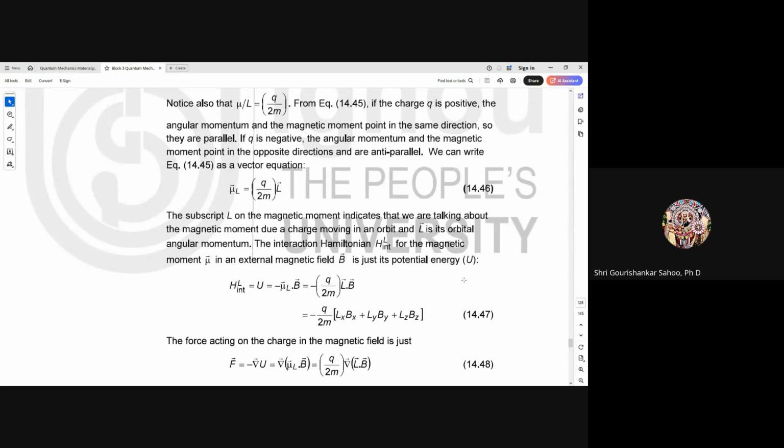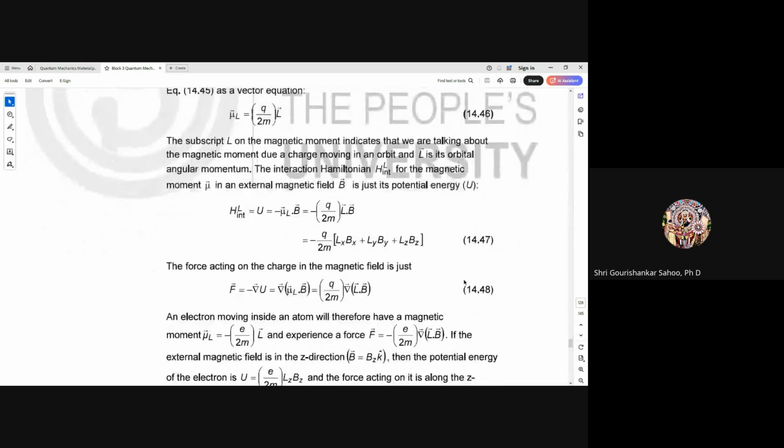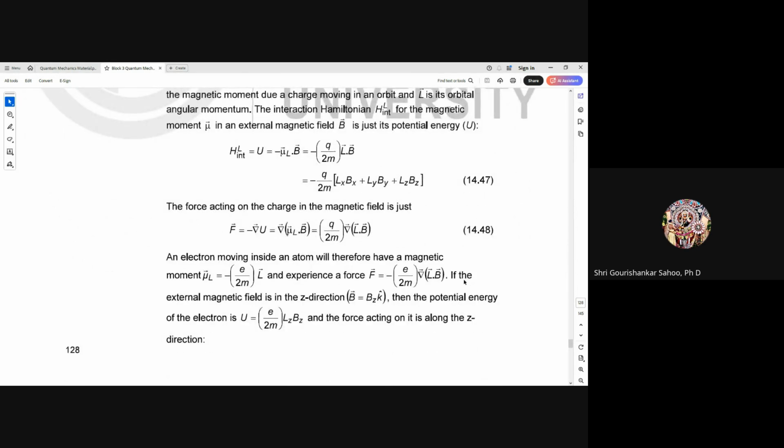And the interaction Hamiltonian H for the magnetic moment mu in an external magnetic field B is just its potential energy and can be written as minus q by 2m times Lx Bx plus Ly By plus Lz Bz. And the force acting on the charge in the magnetic field can be written as F vector is equal to minus del U, which is equal to q by 2m del of L dot B. And the electron moving inside an atom will therefore have a magnetic moment mu L vector equal to minus e by twice m L vector, and experience a force F vector equal to minus e by twice m